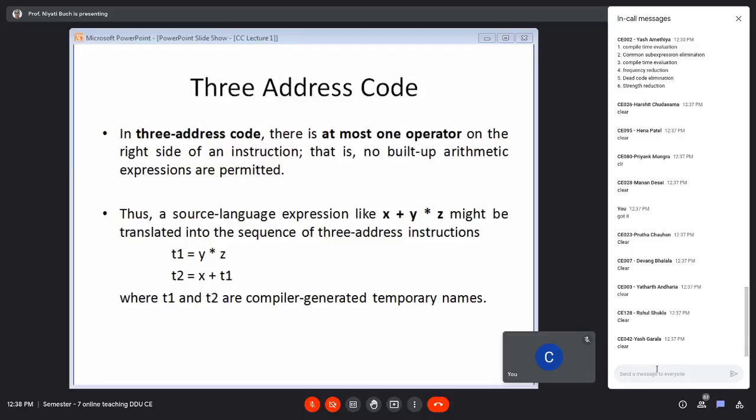And then we will go about learning the algorithms for these different optimizing transformations. So today what I have conveyed is just an overview of what code optimization is and a few techniques in brief, so that from a given code you can identify which transformation is to be applied. So we keep up to this, and from next class onwards we will be discussing the 3 address code and its